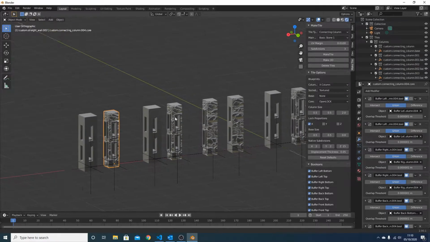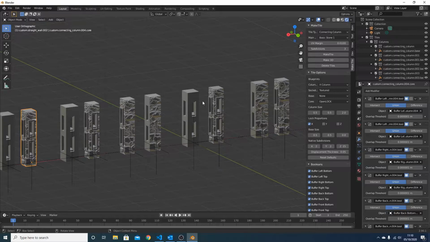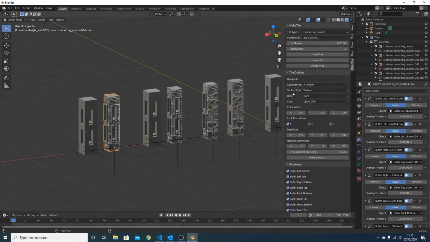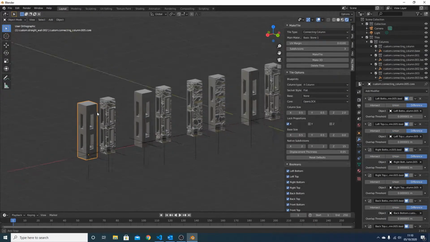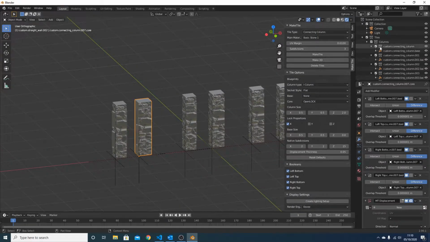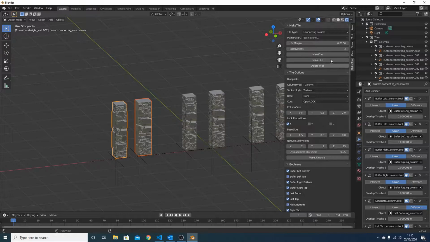As you'll notice, there's also 2 different types of each column, and this is selected here with the socket style. So you can either have textured, which are these ones, or flat, which are these ones. And so if I just make these 2 3D,